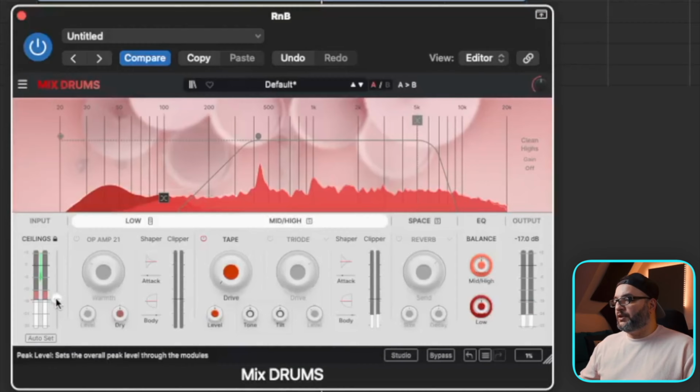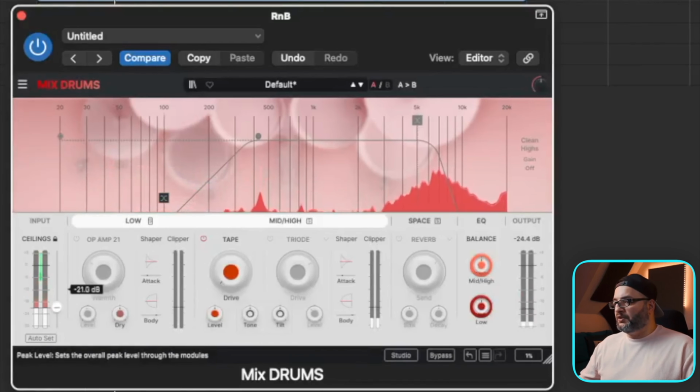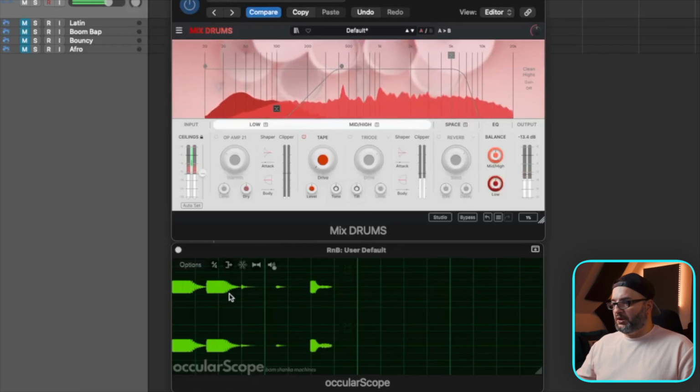So right now I'm just overdoing it to show you the effect of the ceiling, and if you have a closer look, you're going to see that everything changes. This one changes, and this one, or the clipper here, everything changes, and also the output. And if you have a closer look here on the waveform,